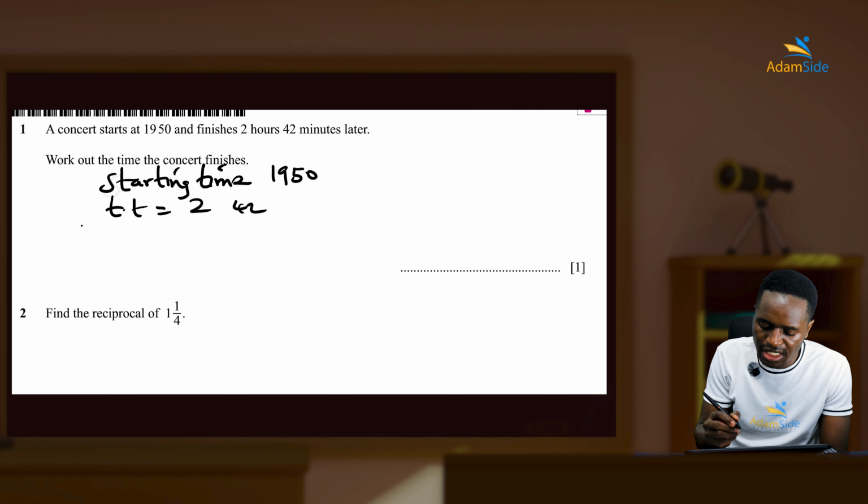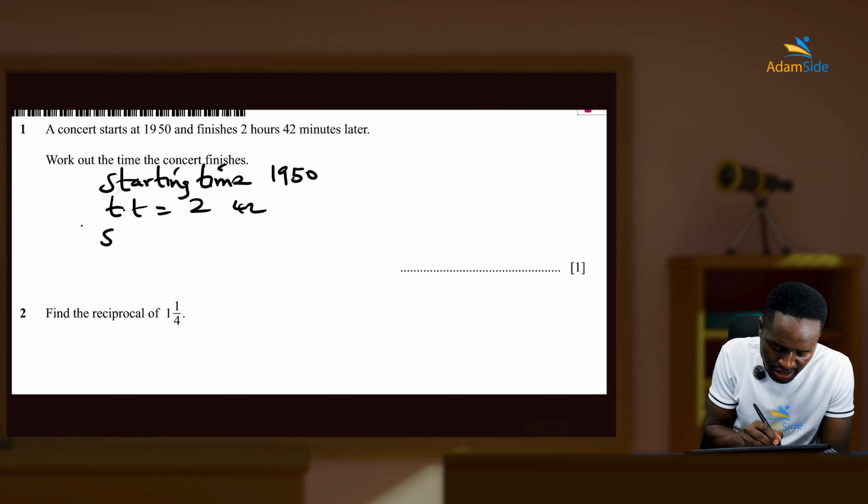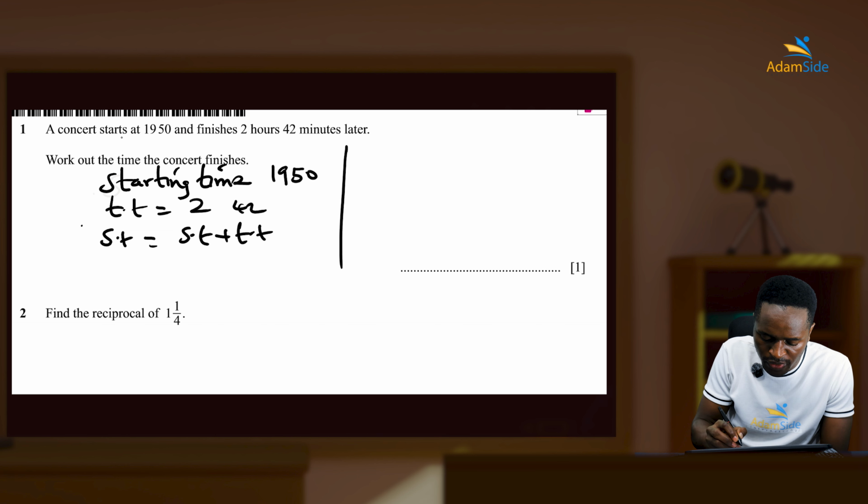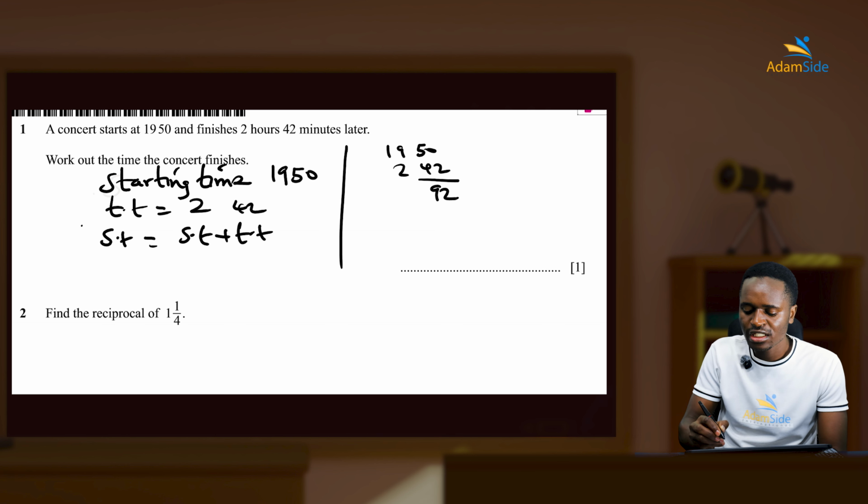So what are we supposed to do? Just add. So to find the stopping time, you just add the starting time plus time taken. That's what you do. So in that case, you say 19:50 plus 2 hours 42 minutes. So these are minutes, 50 and 42. If you add this, you get 92 minutes. So 92 minutes, you know 1 minute is the same as